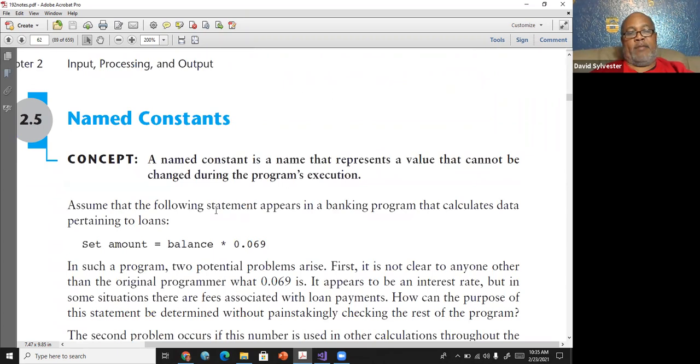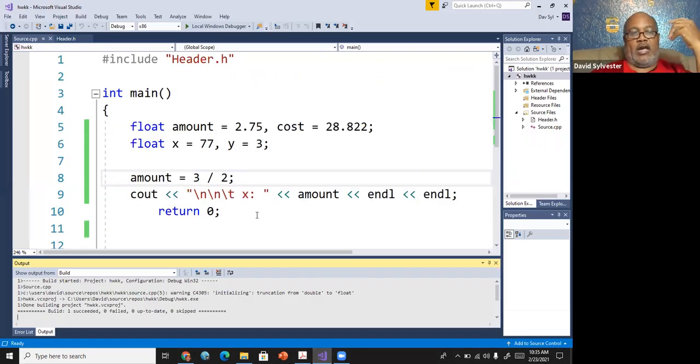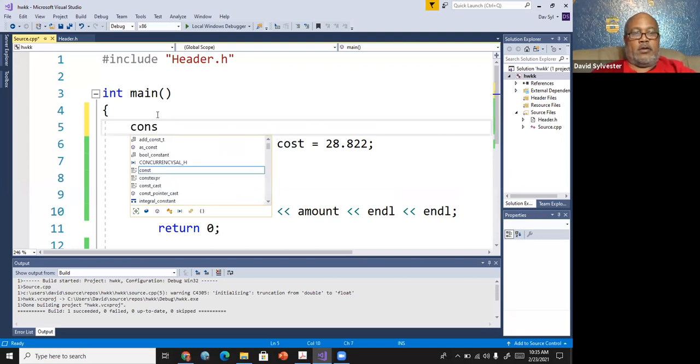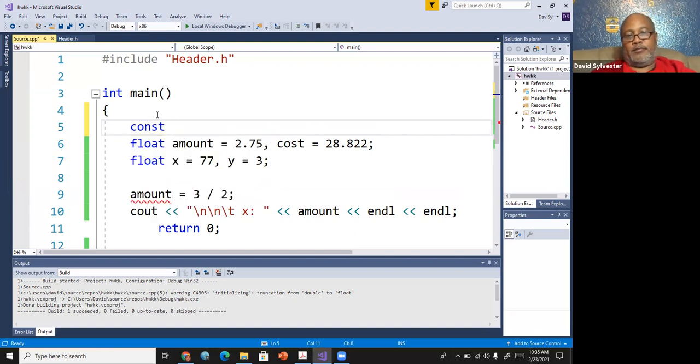Now, named constants. All a named constant is, is a variable that's created that cannot be changed. So here, if I do something like const, that's the command, and I'll say total, and I'll just say AMT.